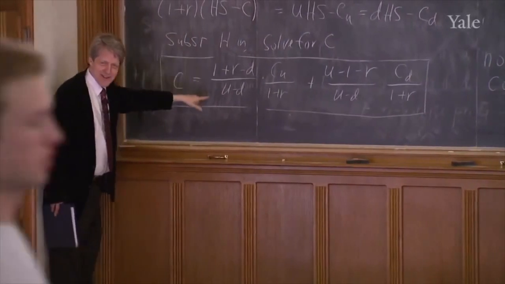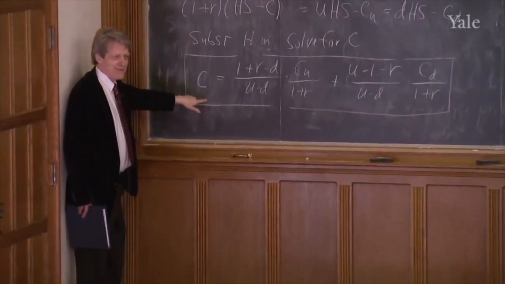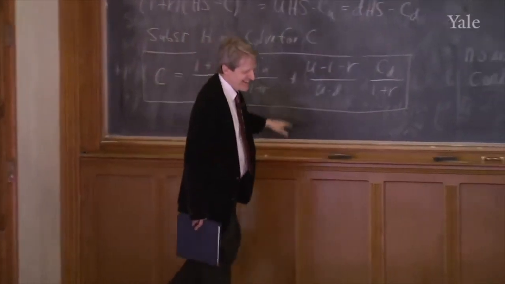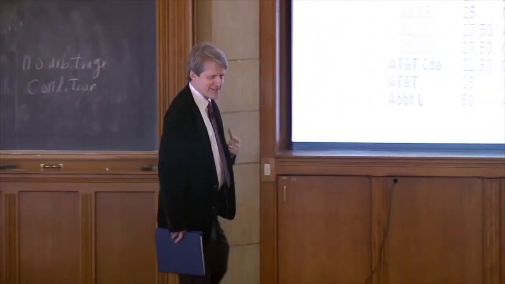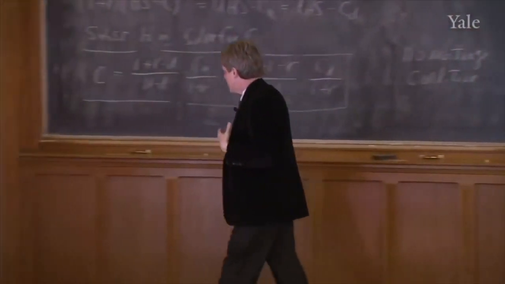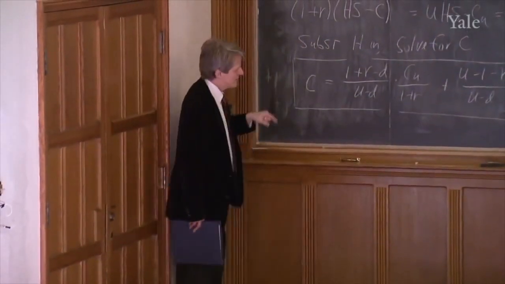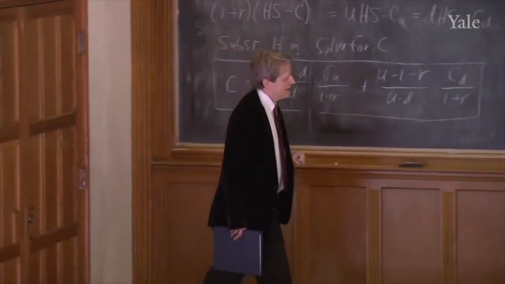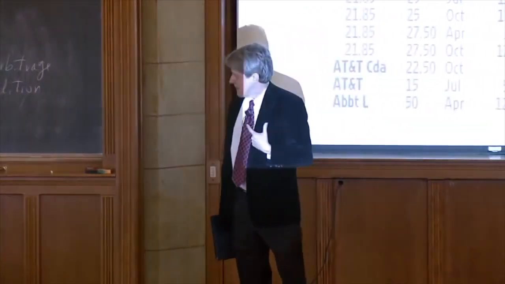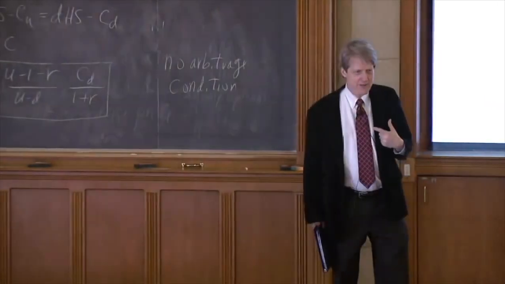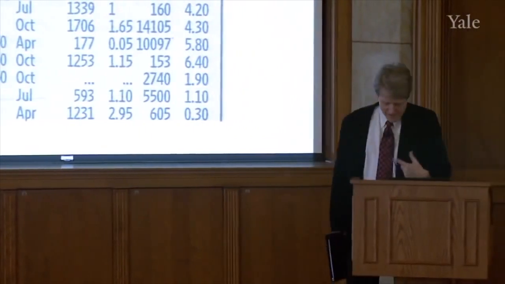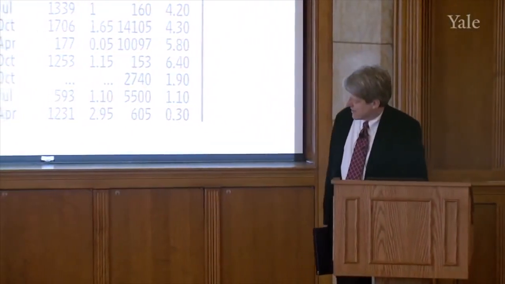You saw me derive it. Was I tricking you? Well, I wasn't. I don't play tricks. This is absolutely right. You don't need to know the probability that it's in the money to price an option, because you can price it out of pure no arbitrage condition. So that leads me to the famous formula for options pricing, the Black-Scholes option pricing formula, which looks completely different from that, but it's kindred because it relies on the same theory.